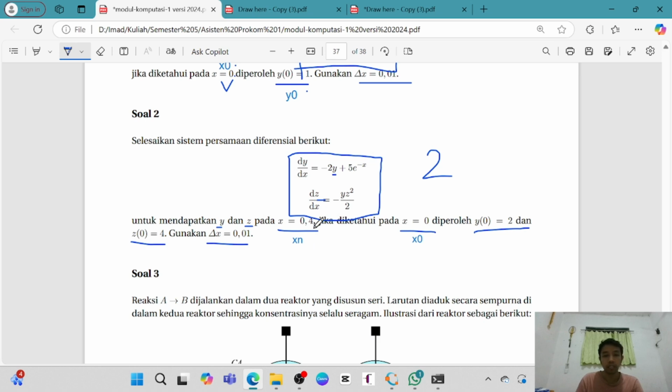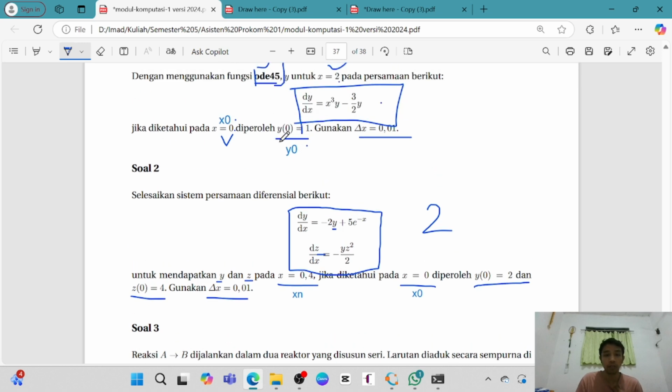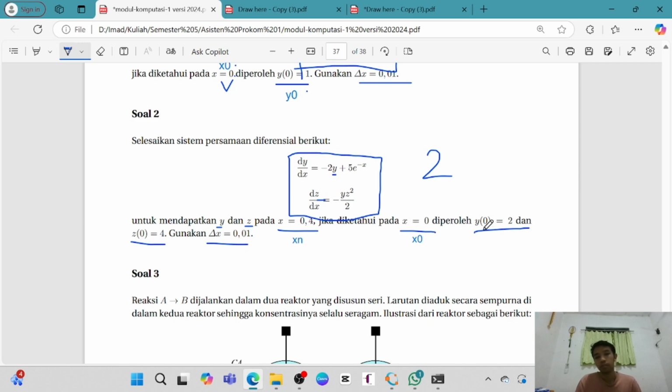The xn is 0.4, then the x0 is 0, the y0 is 2 and z0 is 4, and the delta x is 0.01. The values y0 and z0 are different from problem one. In problem one, we just have the y. Now we have two values to find how we solve that problem.